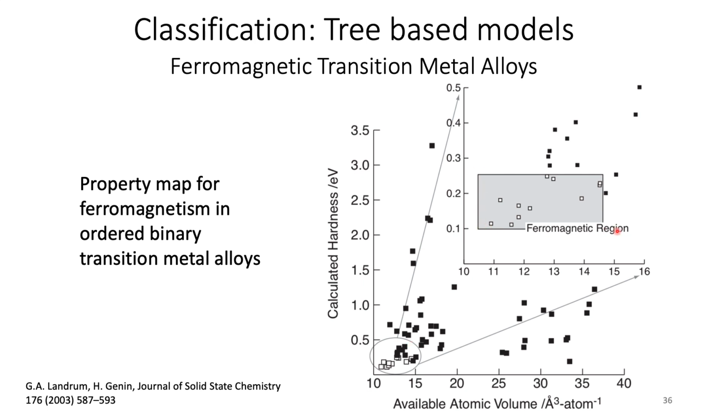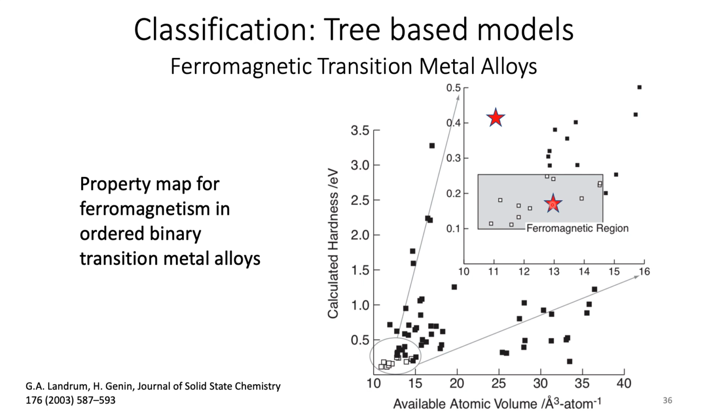For a given region of our two-dimensional descriptor space, we find only ferromagnetic transition metal alloys, and outside this region, there are only non-magnetic alloys. So with this pattern in the data, if we have a new point over here, which we don't know the label for, we can guess a label given the pattern of data. This, for instance, should be non-magnetic. If an unlabeled point shows up in this part of the descriptor space, we can guess that it should be